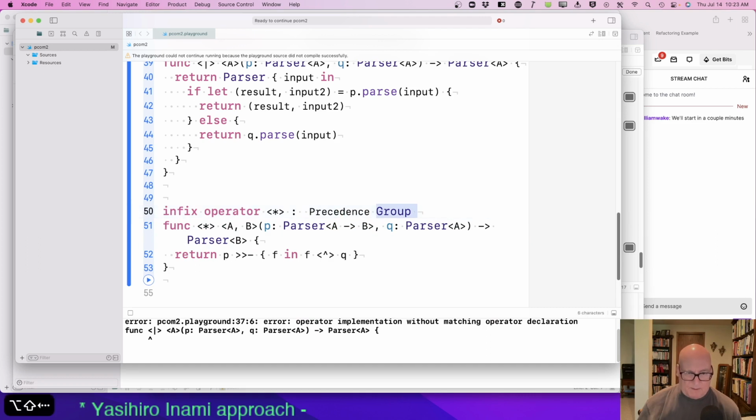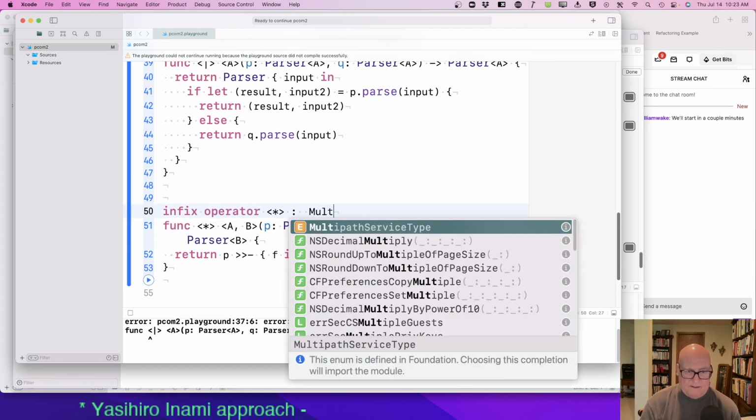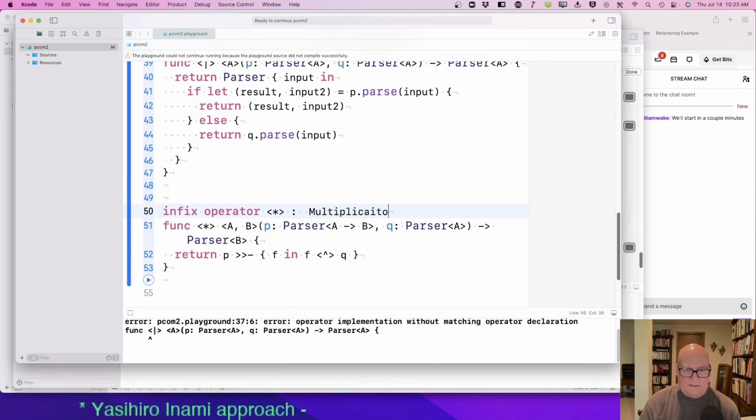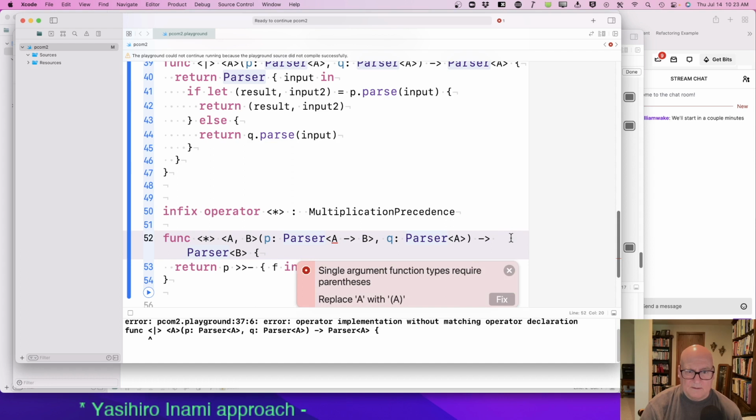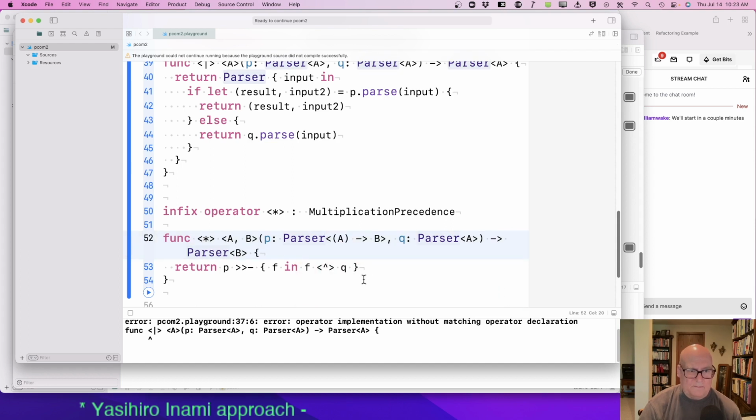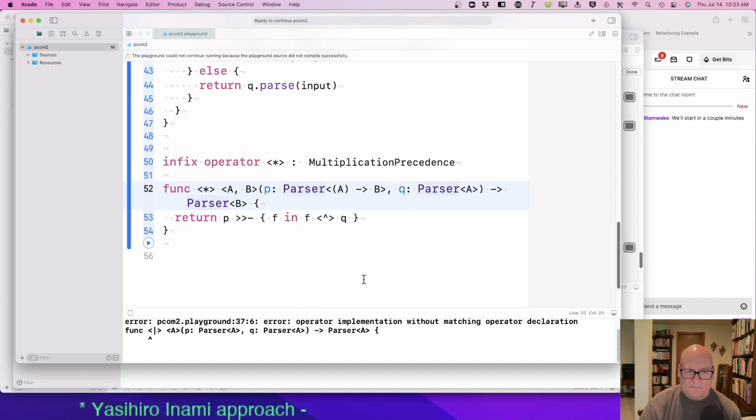I'm gonna say multiplication precedence. Multiplication precedence, yeah. And this probably needs an escaping. I don't know why not. P parser of A to B. Okay.